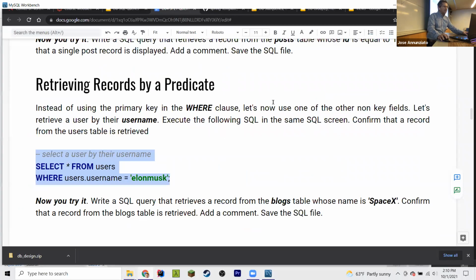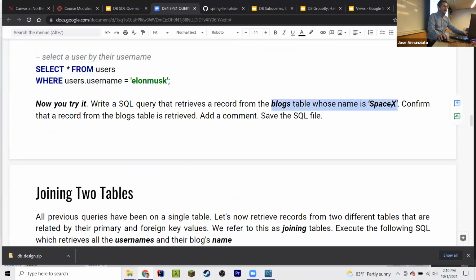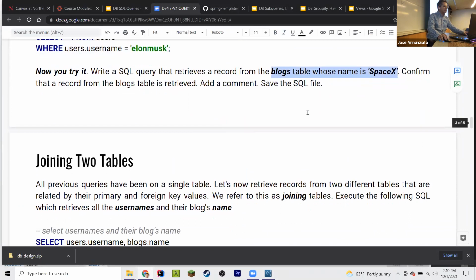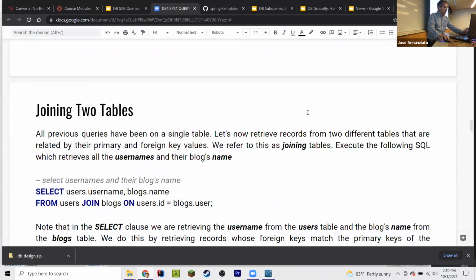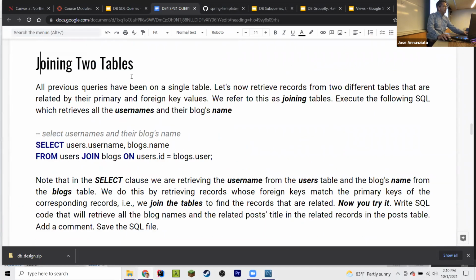Well, then we ask you to retrieve blogs whose name is SpaceX, right? So it'll retrieve that one record. You're going to do that on your own. And then joining tables. So joining tables is presumably because we split up the data in our normalization